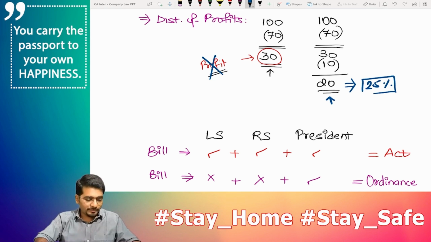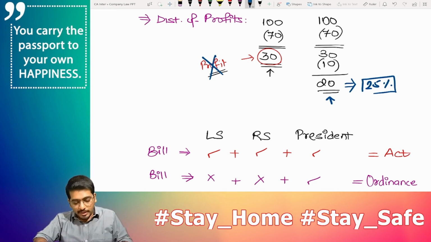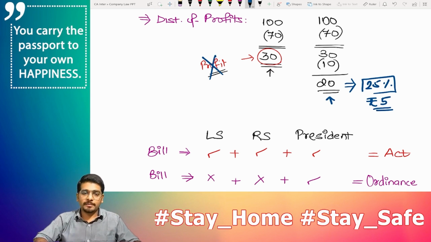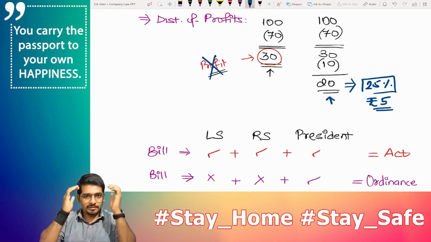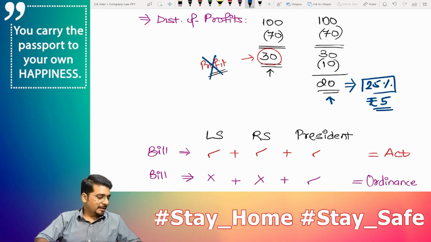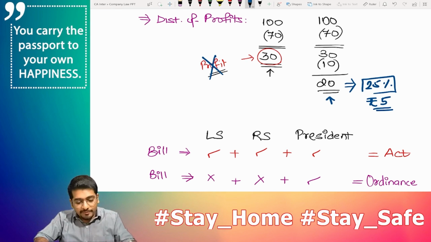Very high rate, I'm saying. We want to give 25% dividend, which comes to rupees 5. Do you understand? So they have decided to give rupees 5 as dividends. Total. Okay, not per shareholder, 25%. Okay. So this is what they have planned and this is what they are doing. So is it correct? Of course it is correct. Understood? What is this 5 rupees?